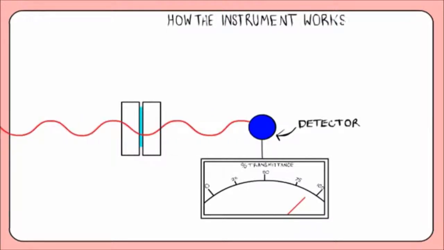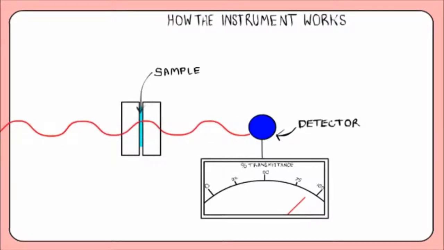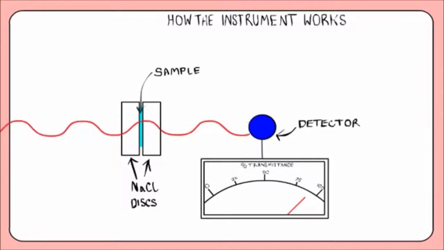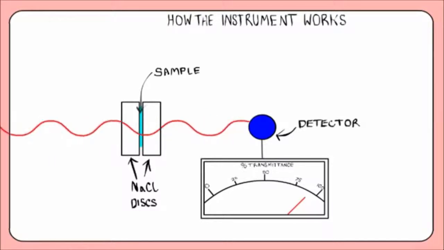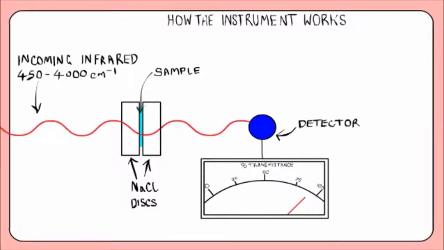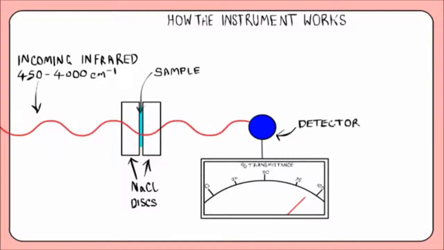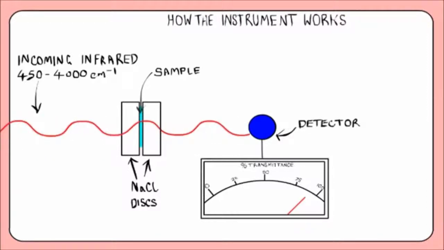How the instrument works. A thin layer of sample is placed between two sodium chloride discs. Sodium chloride is transparent to infrared radiation. A scan is made by running different frequencies between 450 to 4000 centimeters to the -1. The different types of bond within a chemical absorb infrared radiation at different frequencies, since bond strengths vary for the